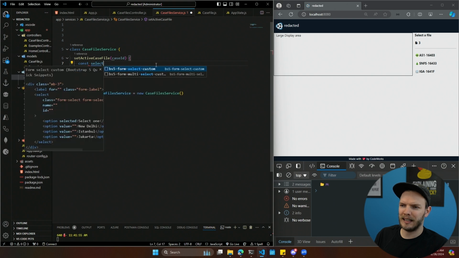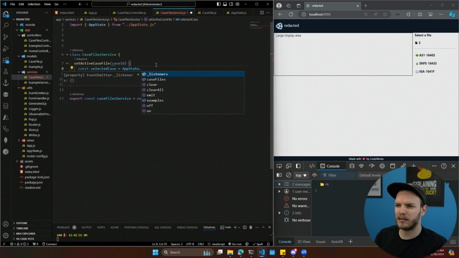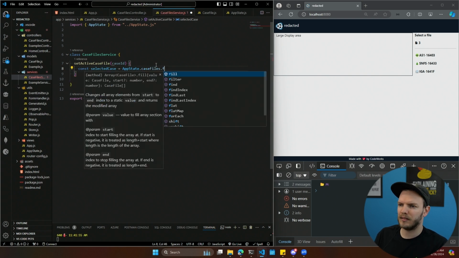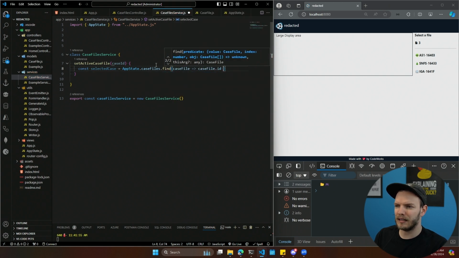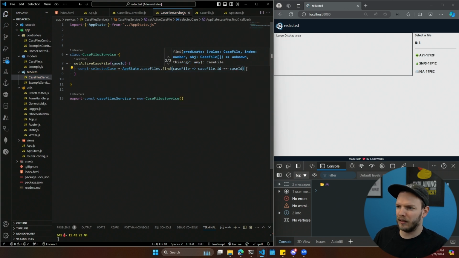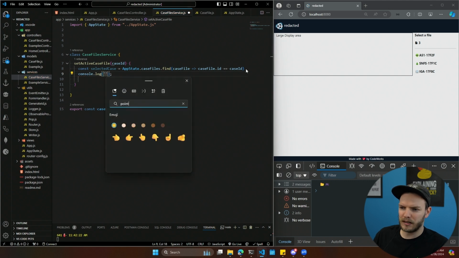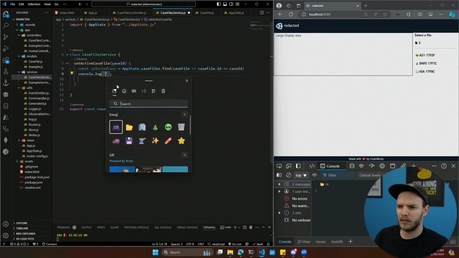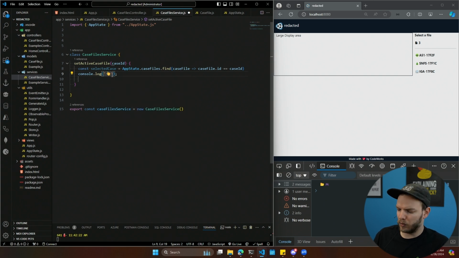Const selected case equals app state case files, find the case file where the case file ID is equal to the case ID, and then let's log. Maybe do point, point, and then we'll do the file,